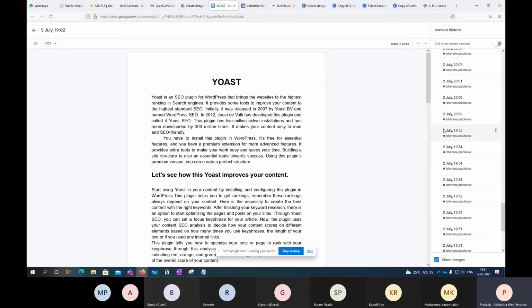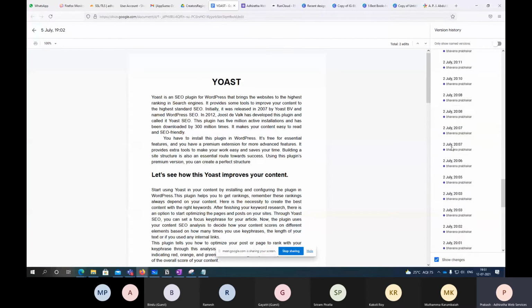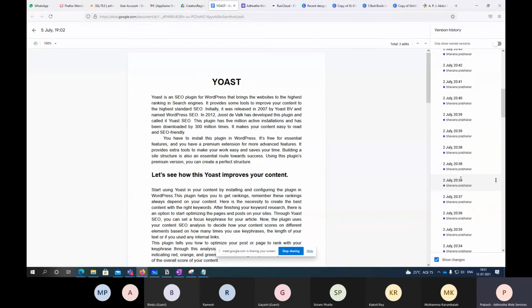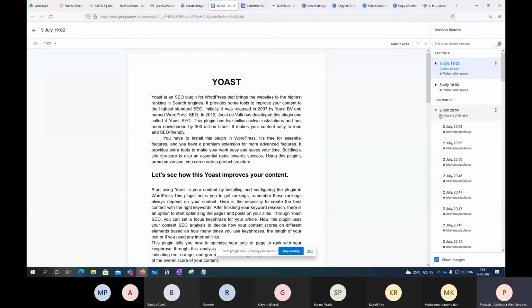Now after that, Bhavana worked on it again on 2nd July. See, every change is maintained here, recorded here. So I need not maintain that many records. Right, again on 5th July, Afrin worked on it. Like this, everything is maintained there. You need not maintain this versioning or multiple documents yourself. Google is taking care of that. Similarly, in Office also we have the same functionalities and features. I'll be briefing you on that, so you can use that one.